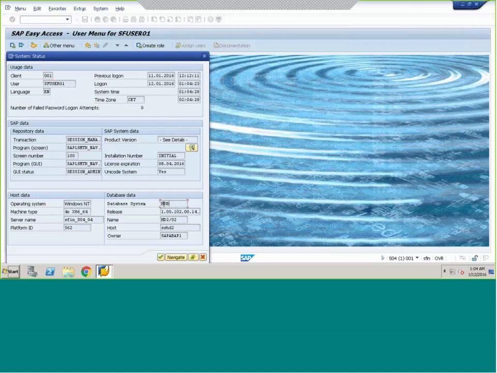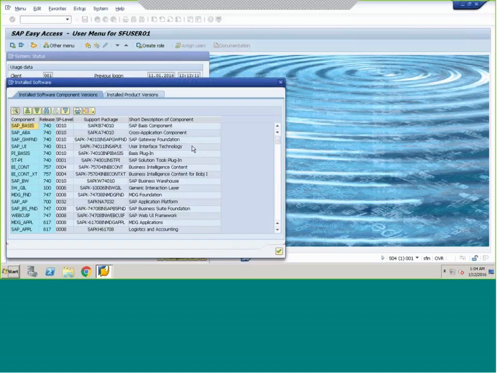So this is the system, where the database system is HANA database, and if you see the product version,